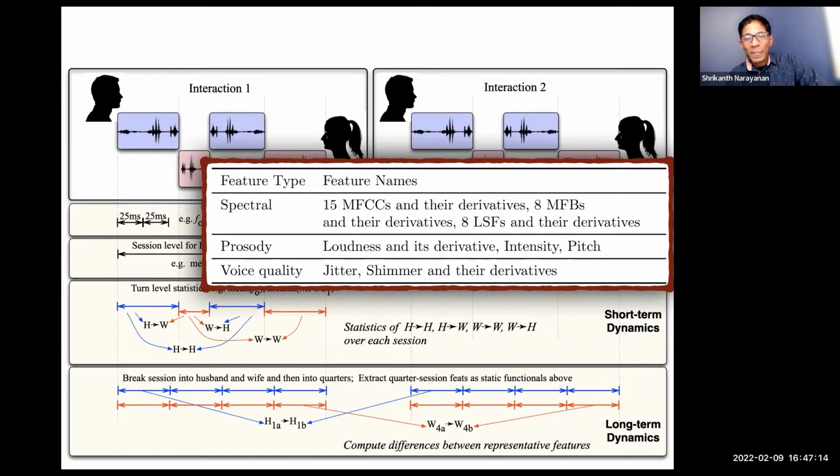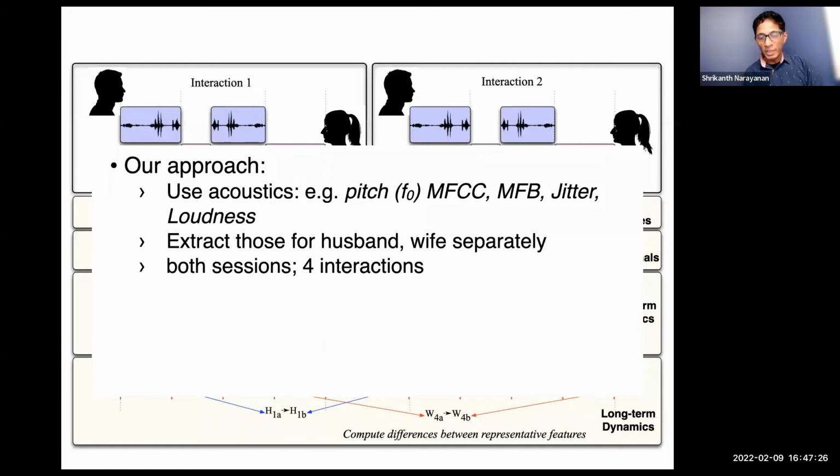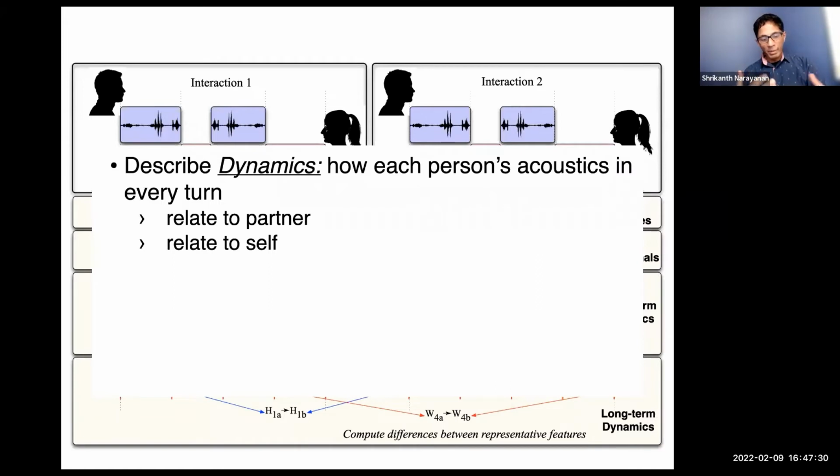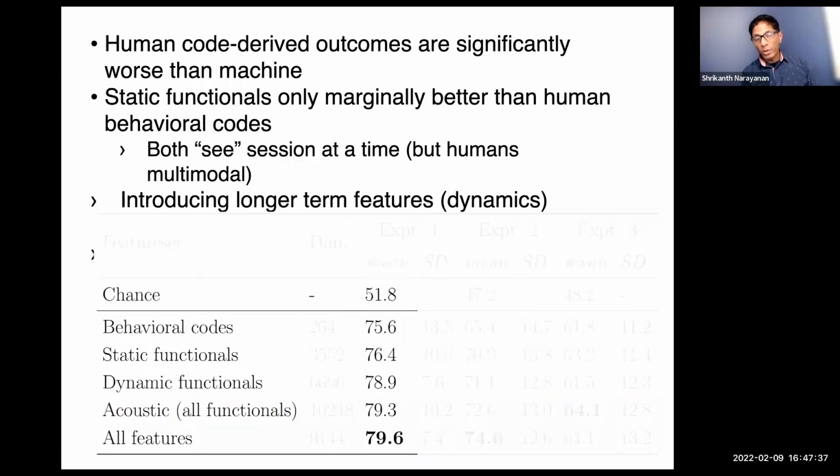We took information from the vocal features, prosody, voice quality, spectral features, etc., of both interaction participants, and we modeled the dynamics with relation to themselves and how changes happen, and with respect to their interacting partner. We also had behavioral codes for all of these from human experts. All of these can be features: static and dynamic functionals, just from the vocal features, no words, nothing. We can then use these in a machine learning model, like a support vector machine. If you use the human expert observations, using humans as the data distiller, which is what behavioral coding does, and use those codes to predict,